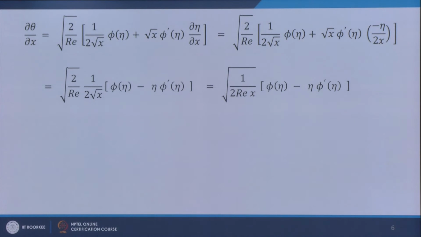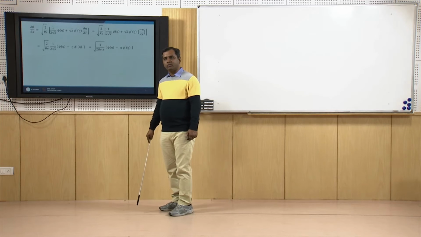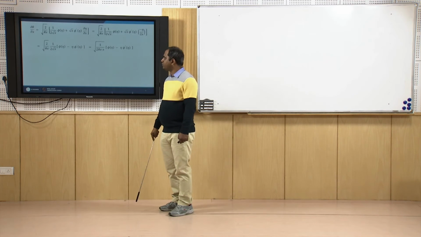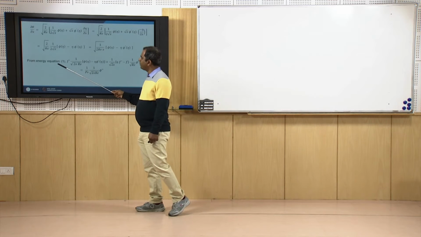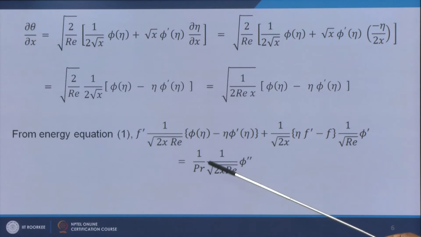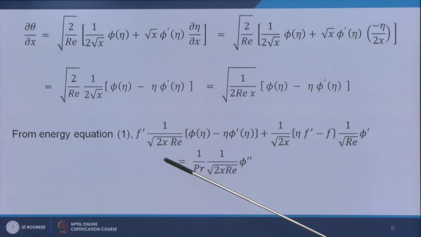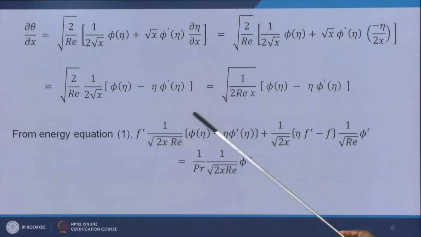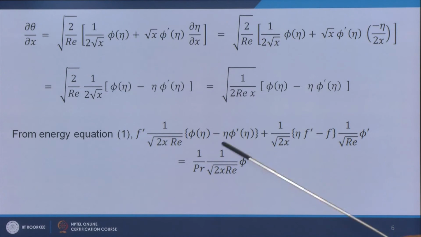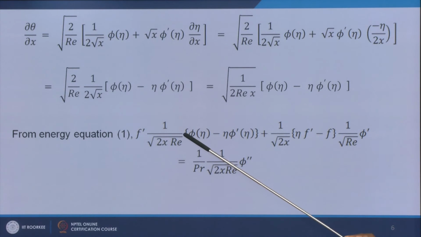Okay, so all three terms we have found out: del theta by del x, del theta by del y capital Y, and del square theta by del capital Y square. So let us put them in the equation. Okay, so the energy equation which we have already shown. So first, this u is nothing but f dashed, and this term is actually your del theta by del x. Here I have derived it, so del theta by del x is over here. Then plus v, so this is your v, and then this is your del theta by del y,